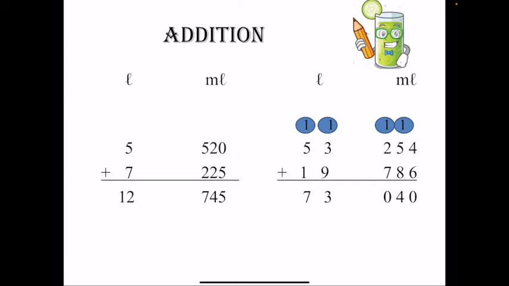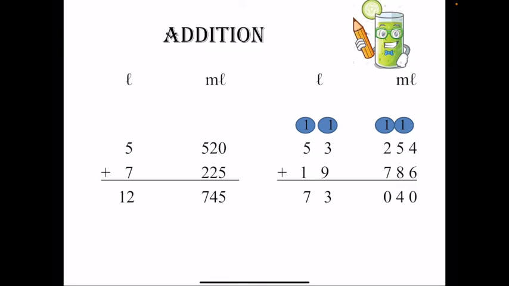So you have to arrange the numbers in two columns, namely liters and milliliters. Okay children? Like in the first example, you see I have got two measurements of capacities. First is 5 liter 520 milliliters, and next 7 liters 225 milliliter. Now you have to add them. So first thing you have to do, that you have to arrange them in proper columns. Milliliter in milliliter column and liter in liter column. So now we have arranged that, and now we start adding from the extreme right, as usual, as we always do in addition. So we will start adding milliliter columns.